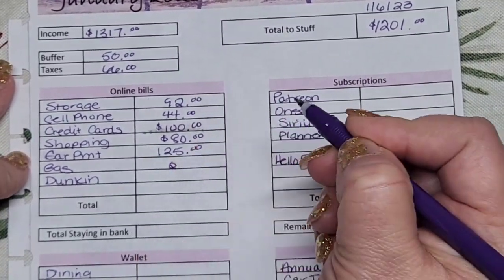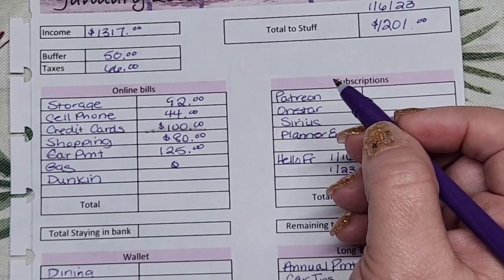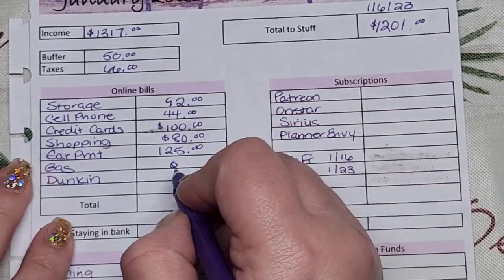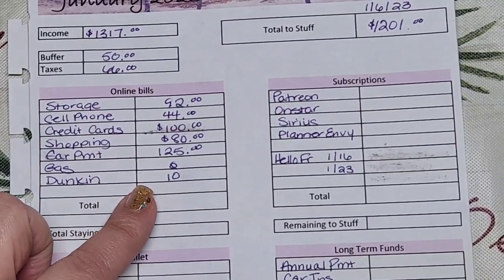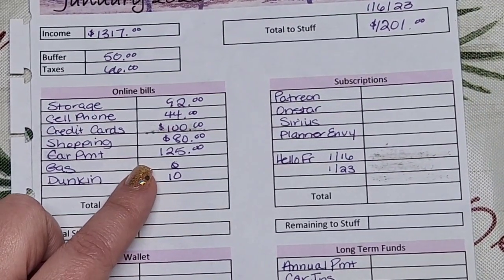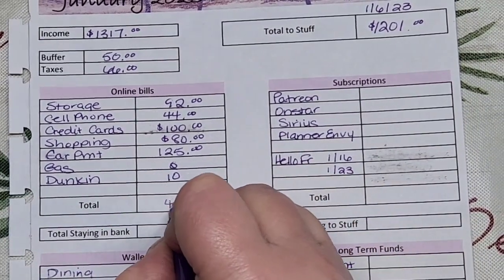Gas, I'm not gonna do anything because I don't really need to at this point. And then for Dunkin', I only have 10 in there currently, so I'm gonna add another 10. So for total, we have $451